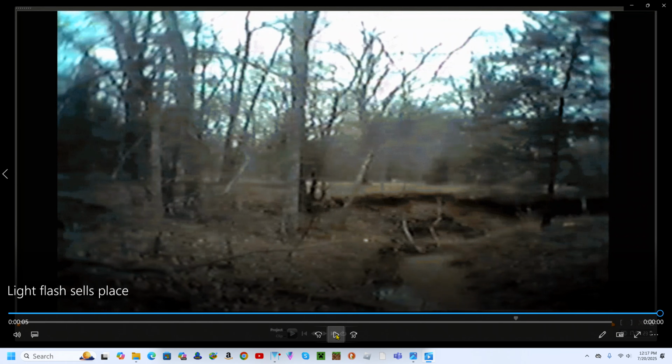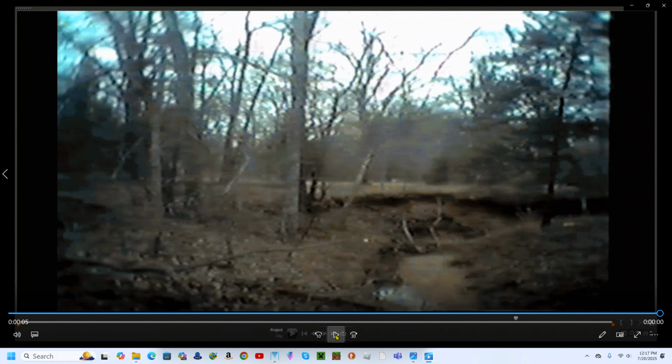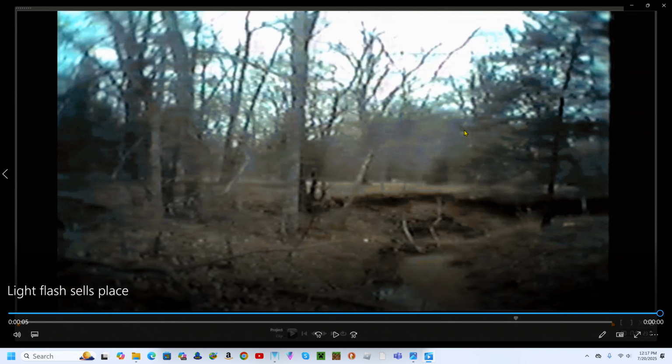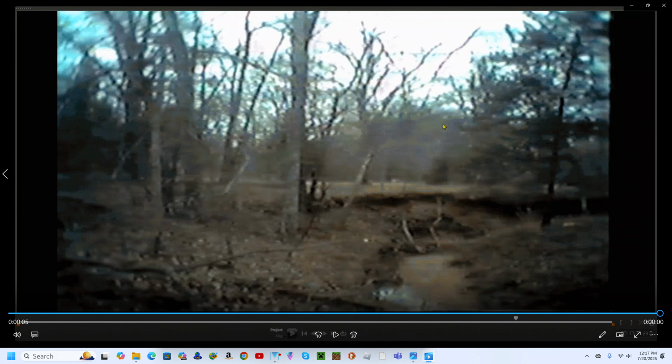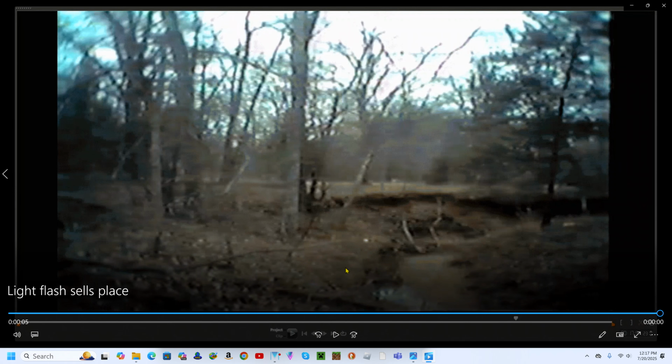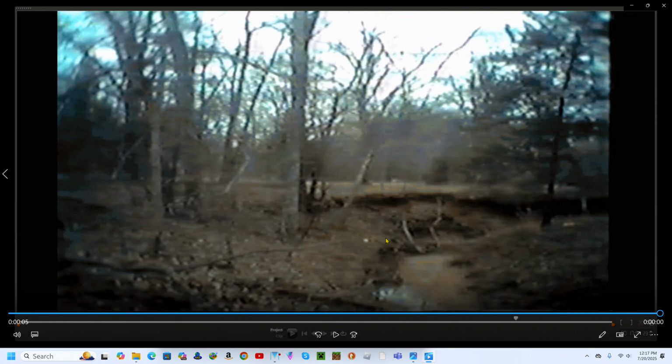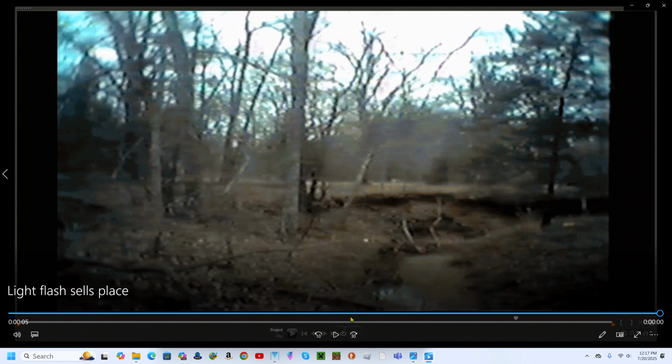Now this is just a single flash, but it may be more than one, but it's not over and over like that. I made the video do that so that I could take a close look at all this flashing along the tree line. It looks similar to me to a welder's arc, like somebody's got an intense light that reflects off the trees.